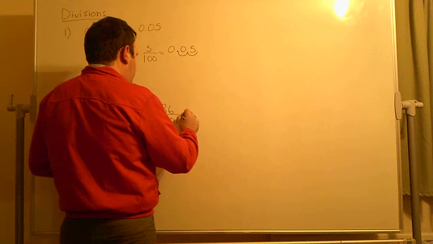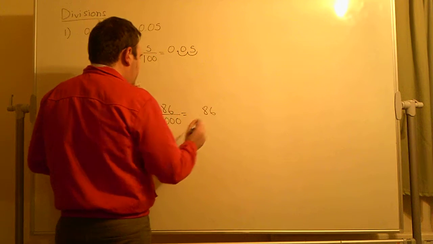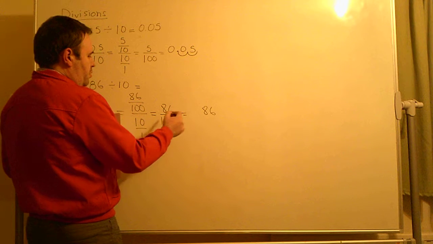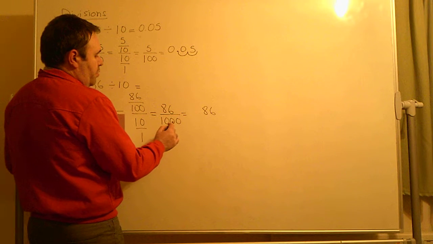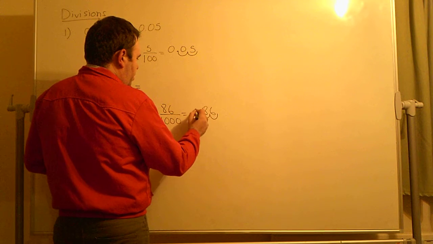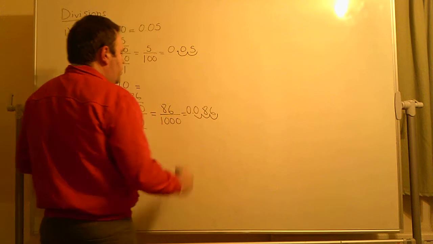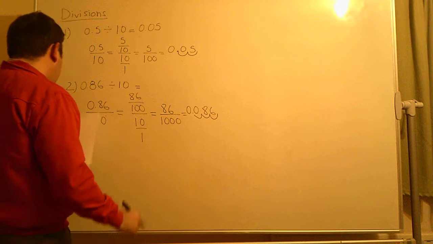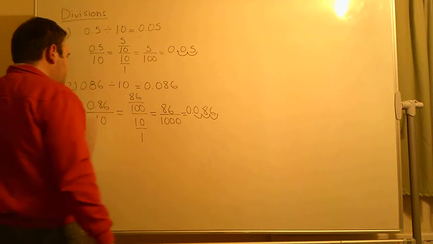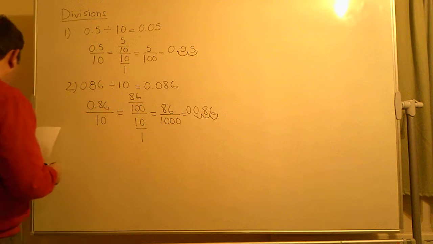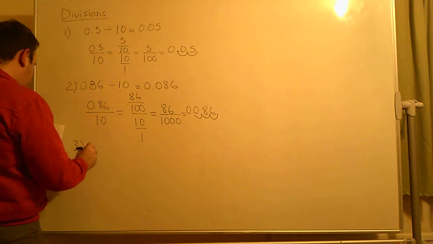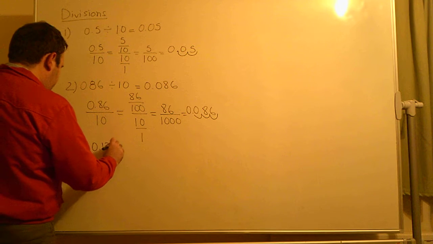And then we write down 86, and then we need to move the decimal point how many places to the left? 3, yeah, because we have 3 zeros. So it will be 1, 2, and 3. So the result will be 0.086. Another example, 0.125